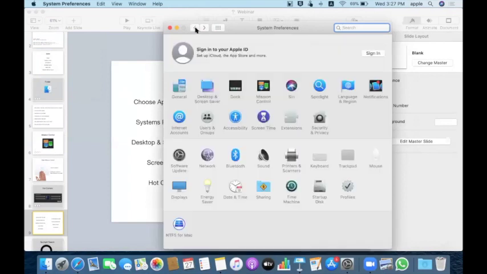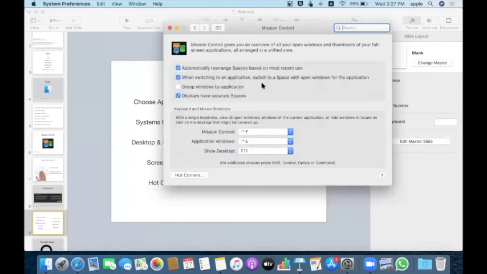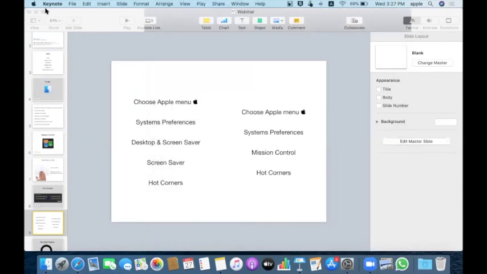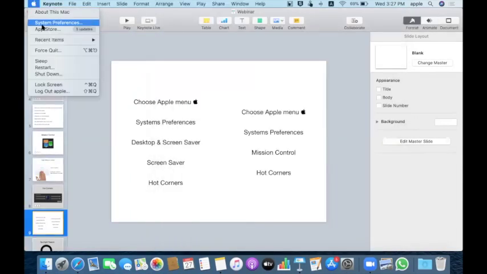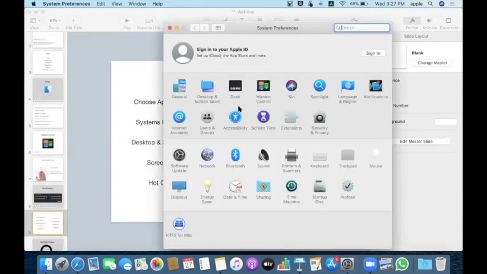Another way is to go to Mission Control, and here also you will have the same hot corner settings. So two ways: Apple icon, System Preferences, then Desktop and Screen Saver or Mission Control.